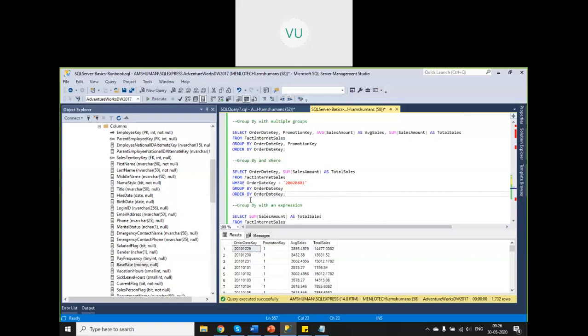Then what is the clause which is applied? Group by. So within these 50 records, whatever distinct values of order date key are there, you are grouping the records based on that particular column value, right? So let us say this has 1, 2, 3. So you have 3 groups. Now imagine your result set has 3 groups where this condition is met for all the records. Now select is applied. So you are selecting not all the columns, but only the column based on which you have group by, and some aggregation function applied with some alias column name.